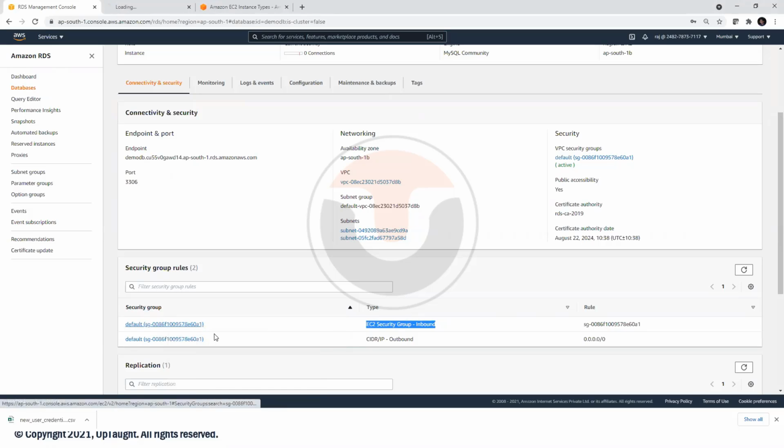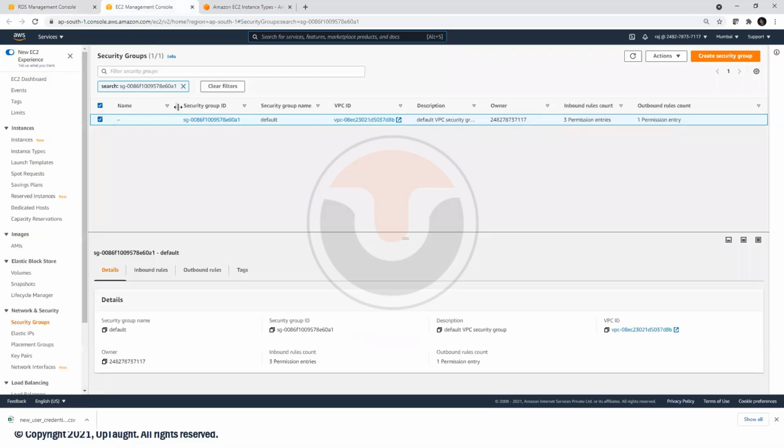Right click, open in a new tab. Okay. So here, you go back and see this is my security group, and you know what inbound and outbound